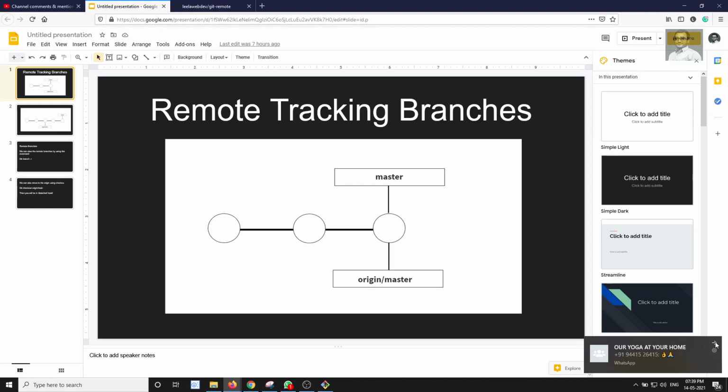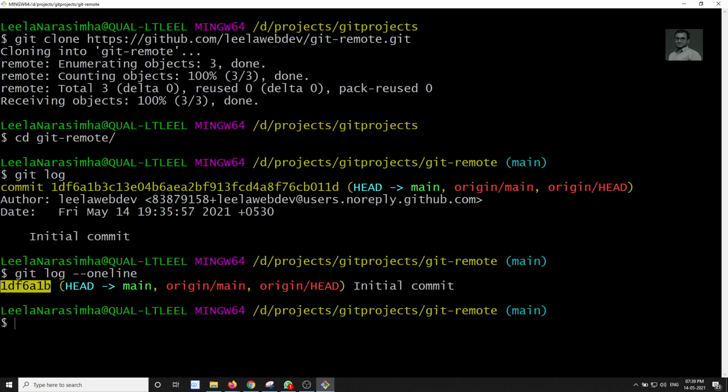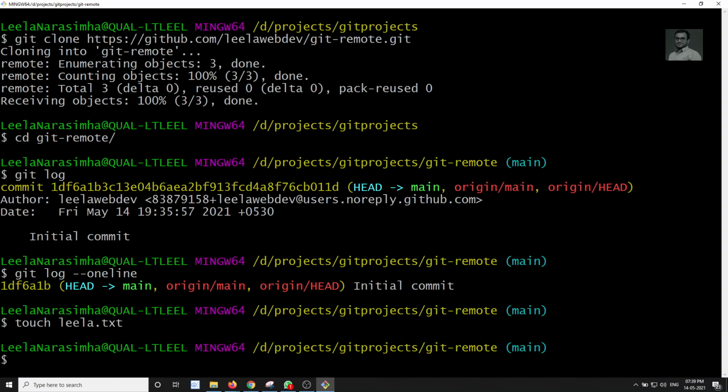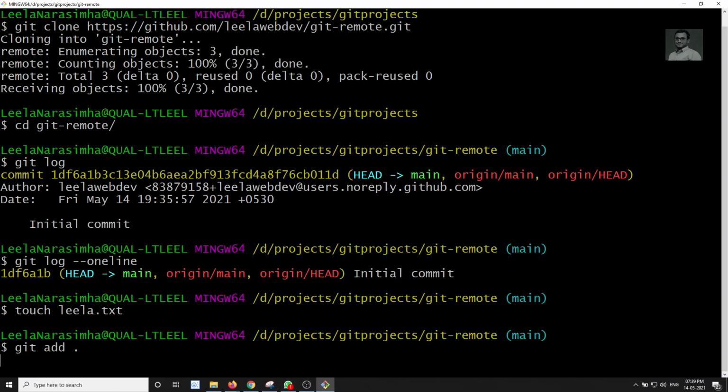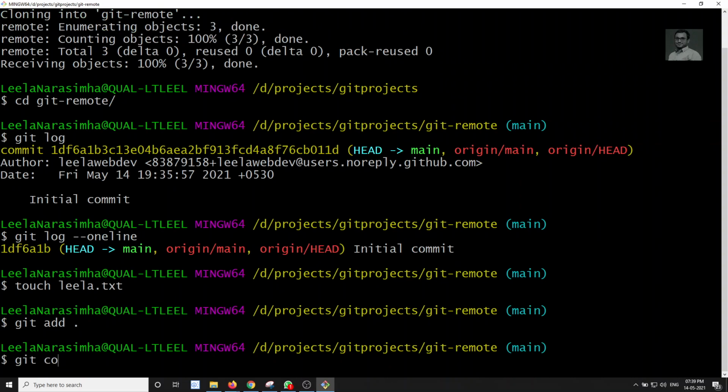Now I will commit some file. For example, touch leela.txt, and I will add it. Now git commit -m "create leela file".